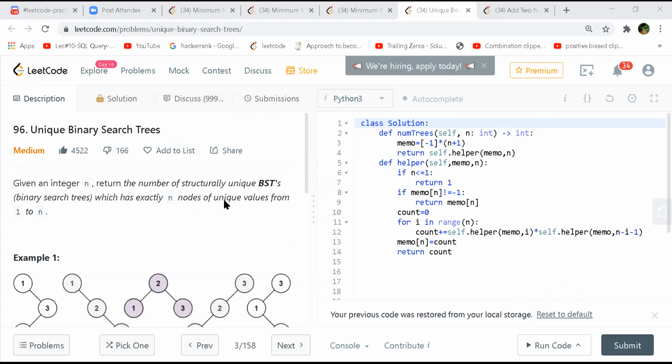Yeah, so what we do is we actually assume that each and every value will be a root. And then we break down into two subtrees, the left and right subtree, and then keep on recursively calculating how many ways a subtree can be formed, right? Exactly. And then we multiply the ways the left subtree can be formed and the right subtree can be formed, and that will be your value for that particular root, and do it for every root.